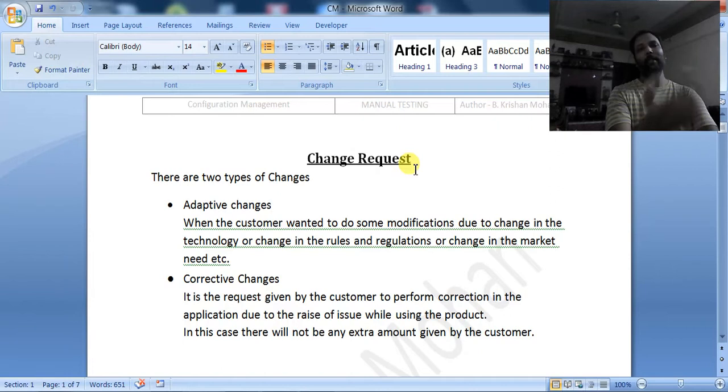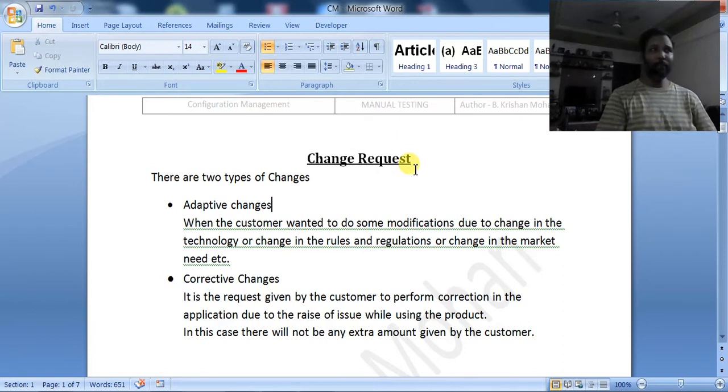So due to a change in the government regulations or the rules, changes may come from the customer's end. Or suppose we are developing a project, but in the market a new requirement has suddenly come while doing the market survey.